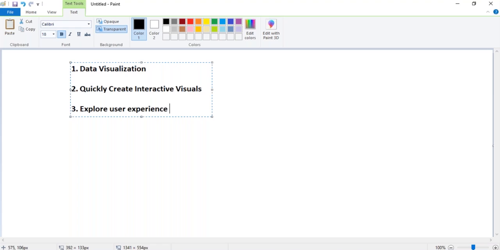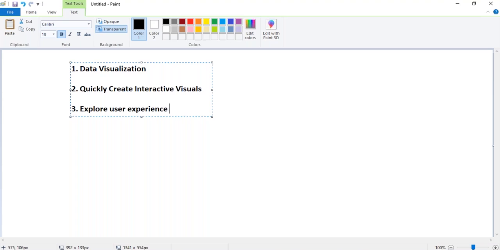Then explore user experience. So using Tableau, we can explore user experience. There are many different types of visualization options available in Tableau, which help explore the user experience. There are many components we have for the user experience.